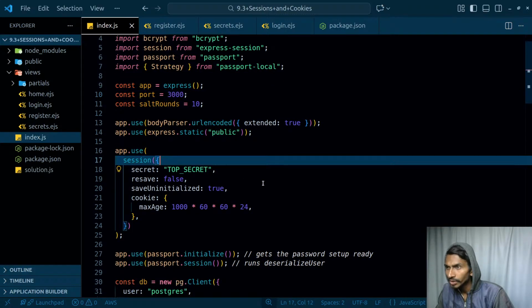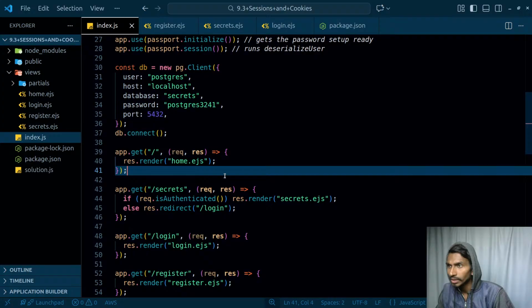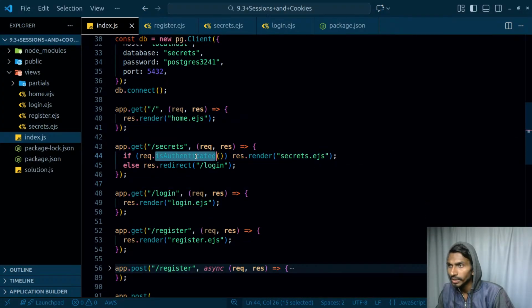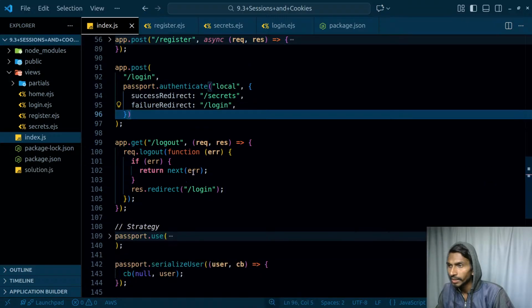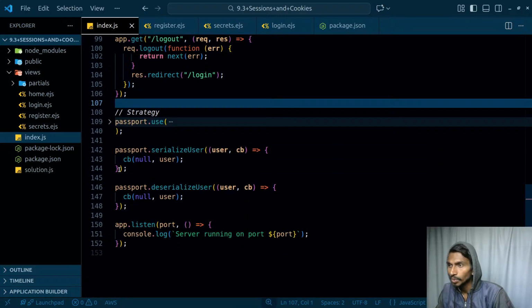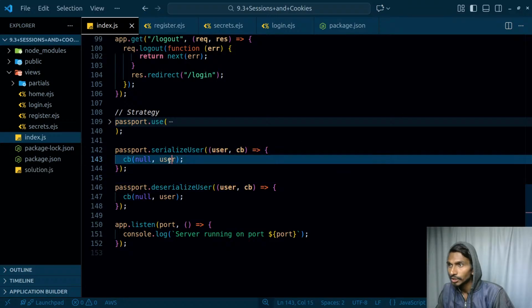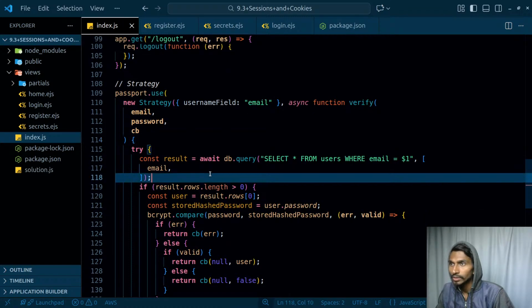Salt rounds are there, session is there, everything else is there, initializing is there, connect is there, home.ejs is there, isAuthenticated is there. So far so good. I don't even need to worry about it. I can simply check them out. Strategy. The most important part is going to be the strategy, and that is it, nothing else. Especially inside this one I have to just serialize some of the things. And when it comes to the strategy, I will be using the username field and